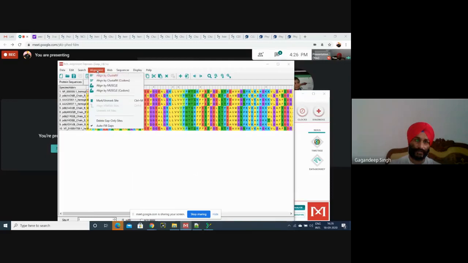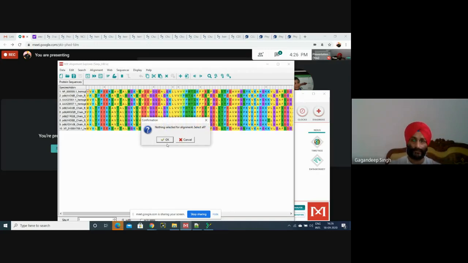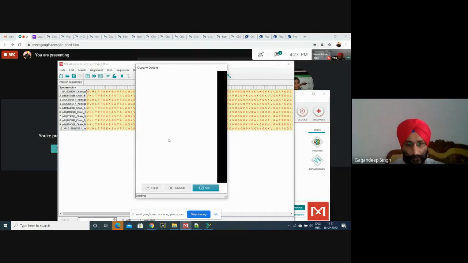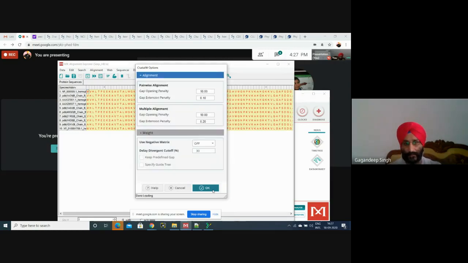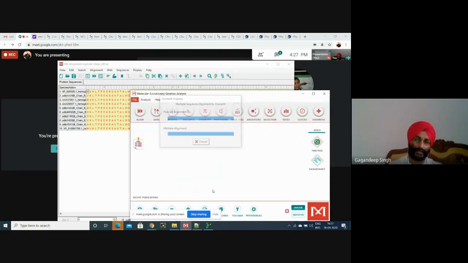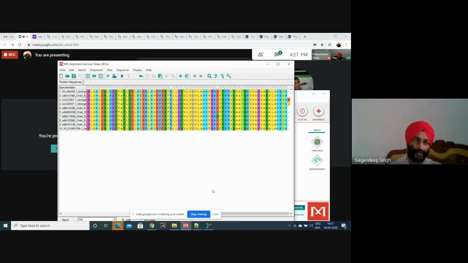What kind of alignment do we need? We need to align with Clustal W. This is the offline method by which we can easily align our sequences by using Mega 10. Okay, this is basically the alignment result.